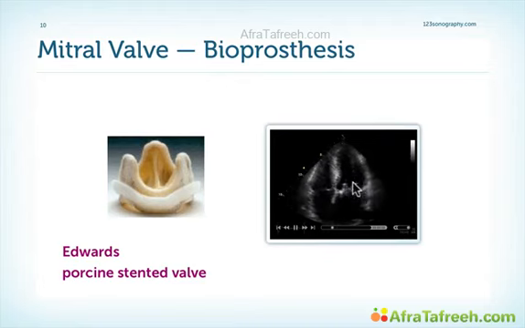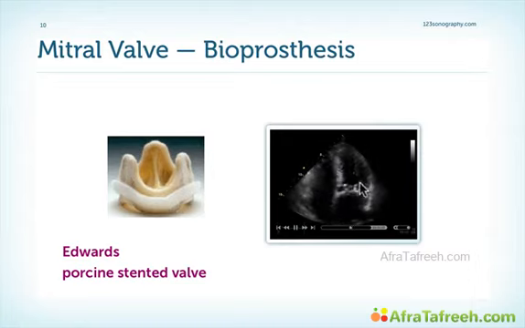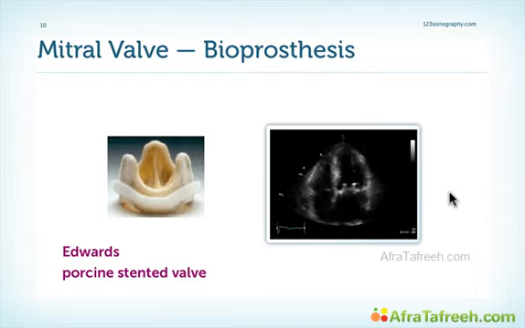You can see one strut here, the other strut is seen here. The third strut is out of the field of view or out of plane, so we do not see it. And we see that there is tissue in between these two struts. Note that the struts protrude into the left ventricle, and also that we do not see any shadowing of the